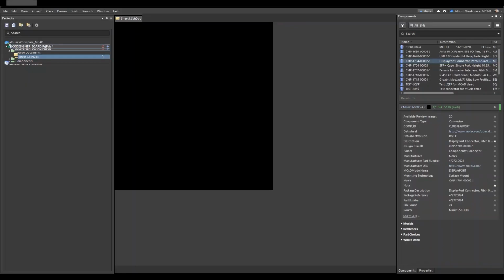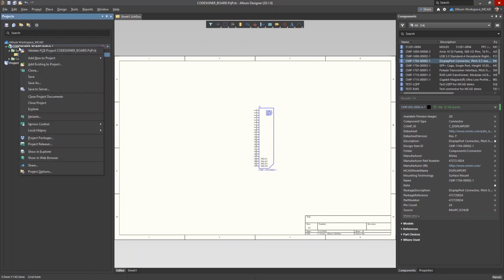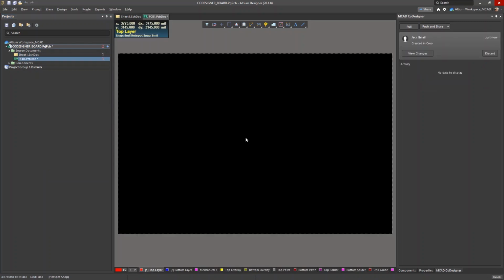Okay, so now we'll switch to Altium. What we've got open here in Altium is the same Altium 365 managed project that we used to create the board in Creo. At the moment, all we've got is this schematic with a component on it in the Altium project. We don't yet have a board in Altium, so we're going to add a new board to the project. And you see, as soon as we do that,